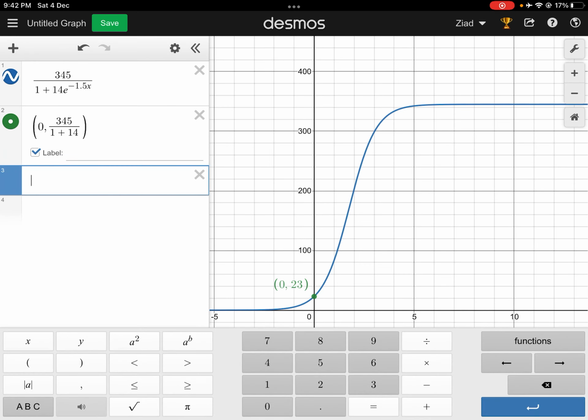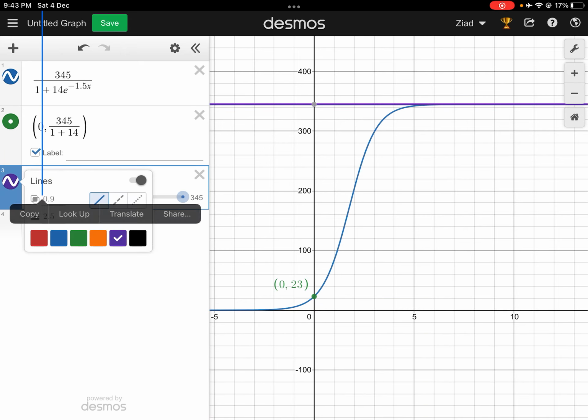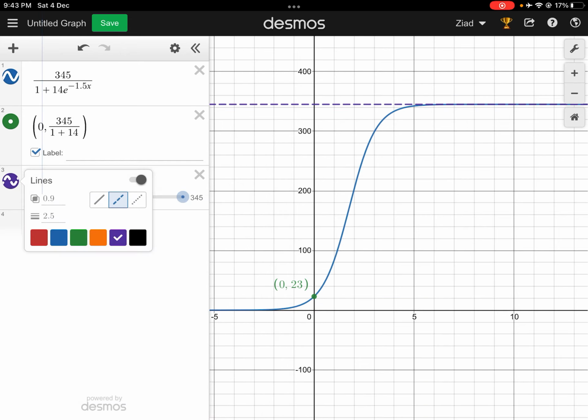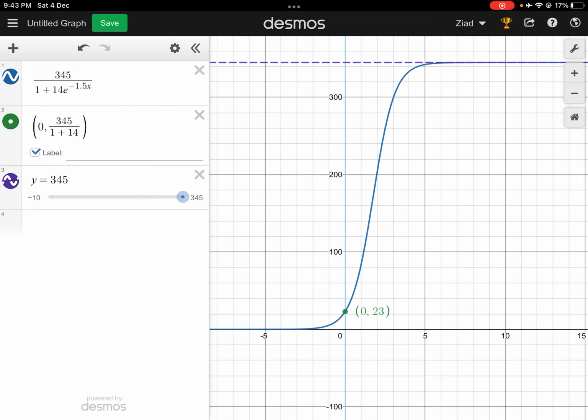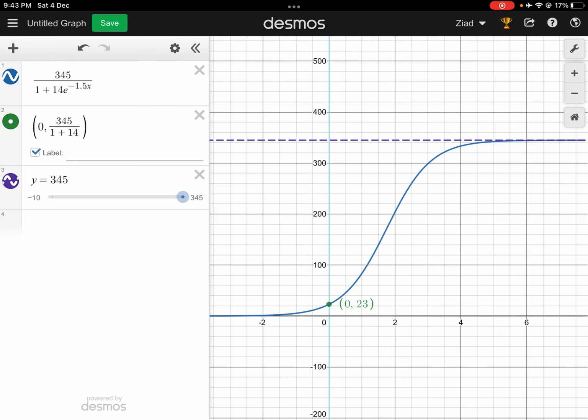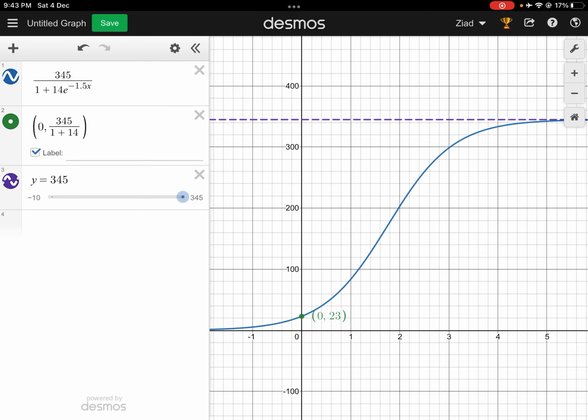And then the maximum, y equals 345, is the line at which, let's make a dotted line. Okay, and this is the maximum cat population that you can have, 345 in this garden. And also,